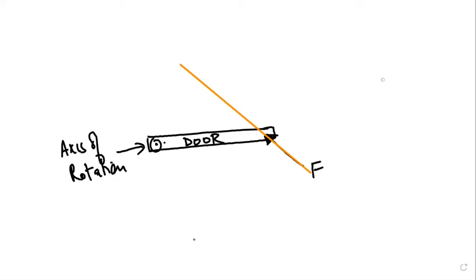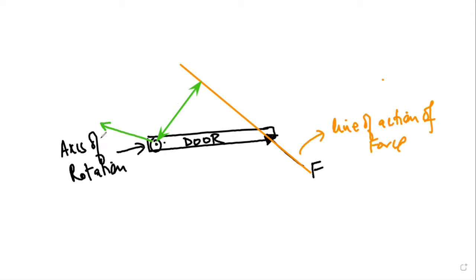So this is the line of action of force, and this is the perpendicular distance between the axis of rotation and the line of action of force. This is the perpendicular distance between this is the axis of rotation. So this distance would be this is the distance which is being talked about, this distance P. So moment of force